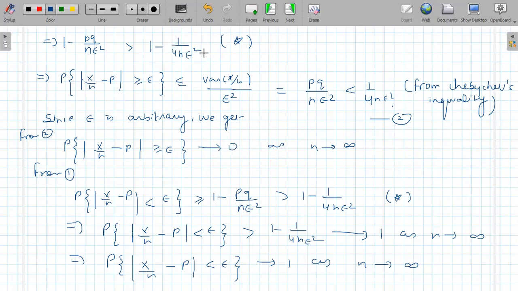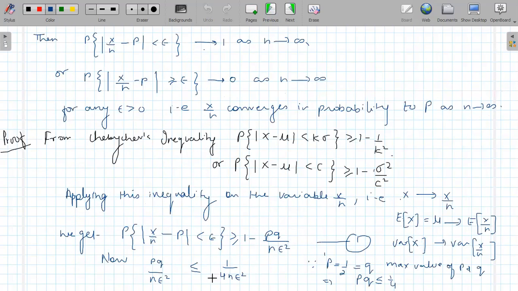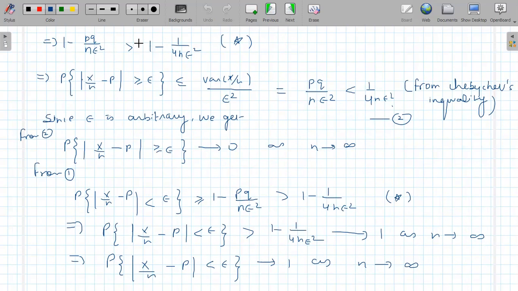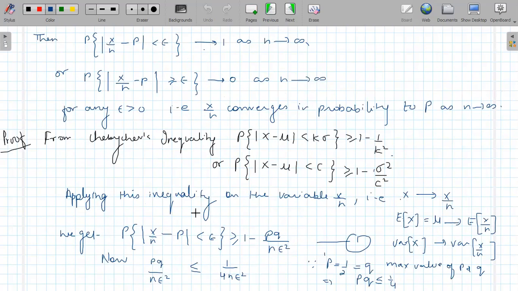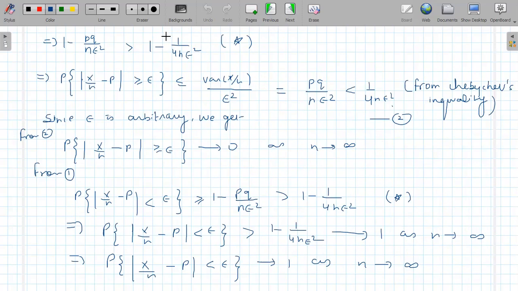ये वाला जो star वाला expression है, ये term किससे बड़ा है, इससे, और ये term इस expression से बड़ा है, तो ultimately हमारा ये वाला probability वाला expression किससे बड़ा हो गया, इस expression से, और this expression is greater than 1 minus 1 upon वही, ये चीज यहाँ लिखी हुई है। Again by the same logic, epsilon is fixed, as n approaches infinity this term approaches zero and this whole term approaches 1, but this probability can't be greater than 1, so this probability approaches 1 as n approaches infinity.